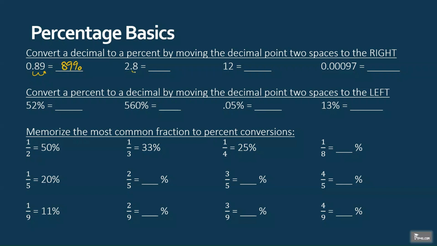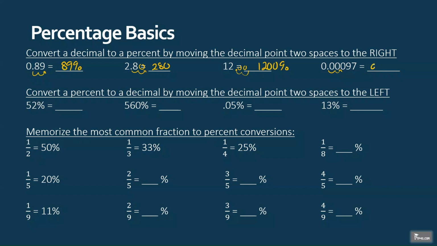For 2.8, I want to move it 2 places to the right. Hey, there's not a number after the 8. That's okay. I'm just going to put a 0 there. So this is 280%. The decimal is not shown, so it's after the 12 here. And if I move it 2 places to the right, I have to put in 2 zeros. Well, that's what I get. It's 1200%. And finally, the last question, if I move that decimal 2 places to the right, I still have 1